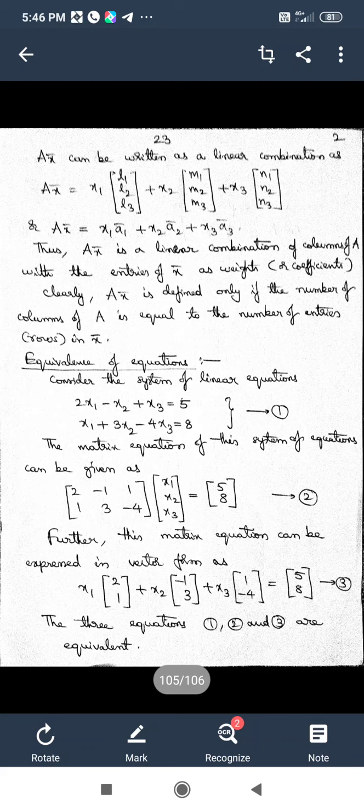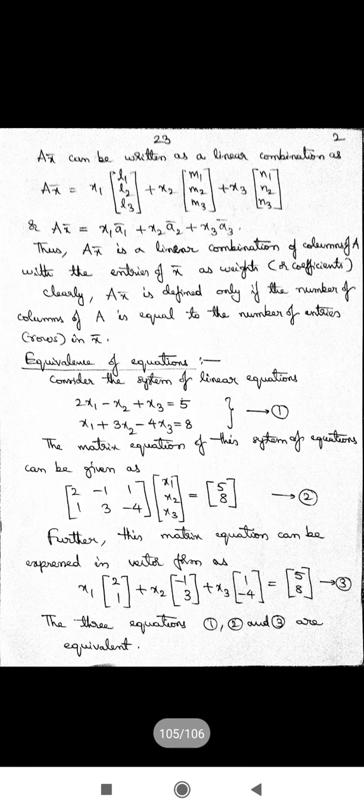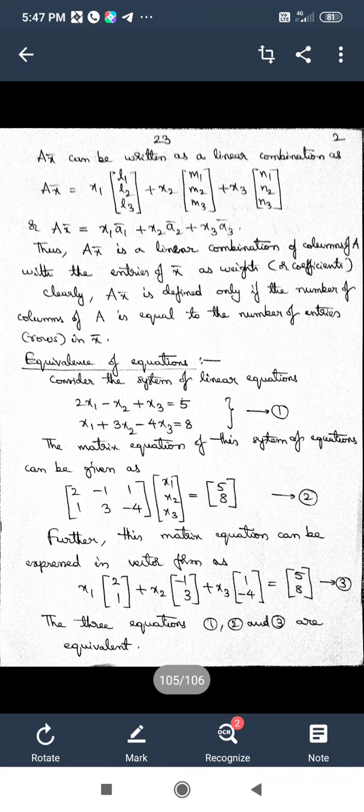So all these equations, whether taken in equations form, in matrix equation form Ax bar equals B bar, or in the linear combination form in equation 3, are representing the same system of linear equations. Only the representation is different, but the meaning of the three forms is the same. They represent the same system of linear equations.